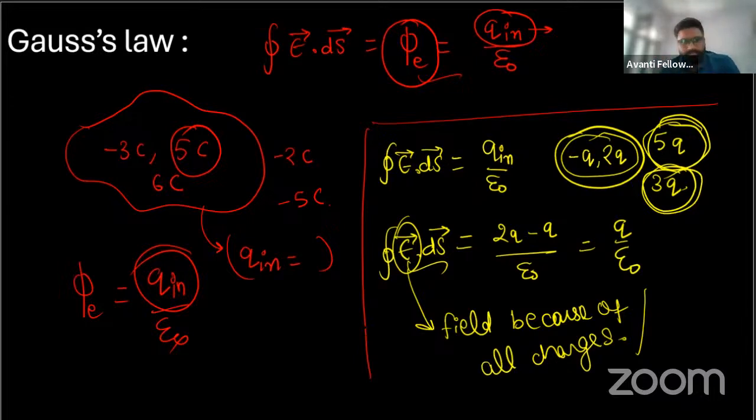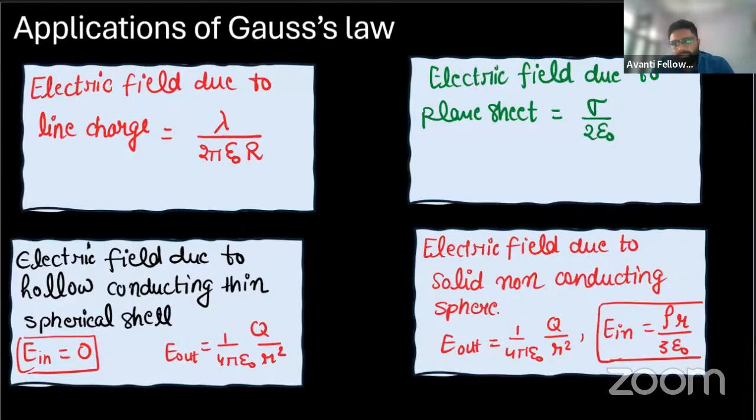Now, so this is the Gauss law. Now, applications of Gauss law. In the previous two sessions, what have we done? We have done the application of Gauss law. First of all, electric field due to line charge we have calculated, which comes out to be lambda upon 2 pi epsilon naught into r. ये हमारी फील्ड आई। अब ये r कैसे मेजर होता है, ये जरूरी है जानना।